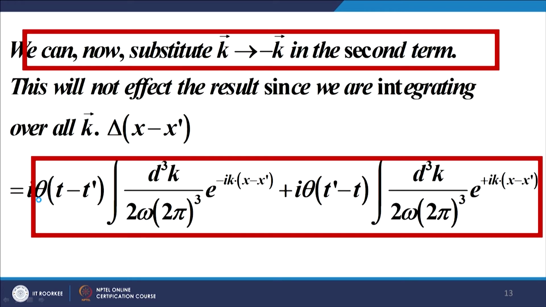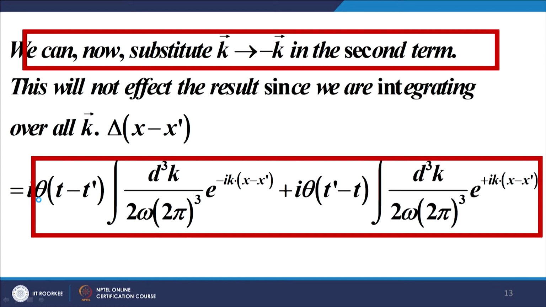So, to remedy this situation, what we do is we now substitute k as minus k in the second term. Obviously, this is not going to affect the integral, because the integral is over all values of k, positive and negative, but it enables us to write the second expression also in the form of a 4 vector